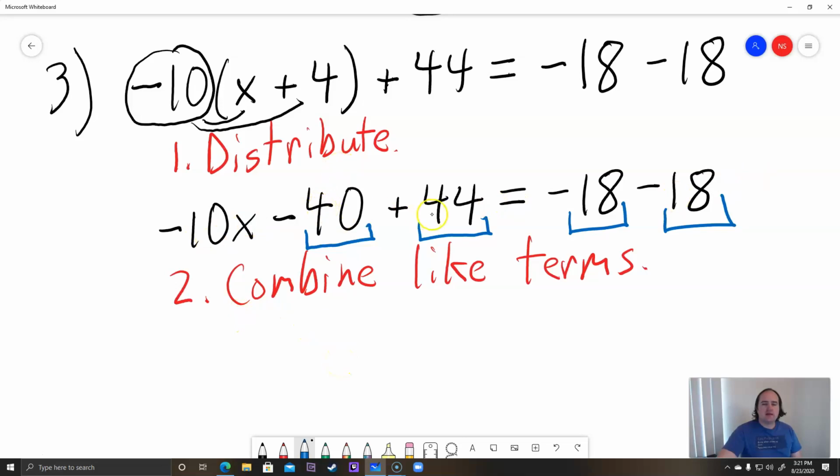So combining on the left side, we have negative 40 plus 44. They're opposite signs, so we keep the sign of the larger number and we subtract. 44 minus 40 is 4, but the larger number was positive, so it's going to be positive 4. So on the left side, we have negative 10x plus 4 equals, well, on the right side,